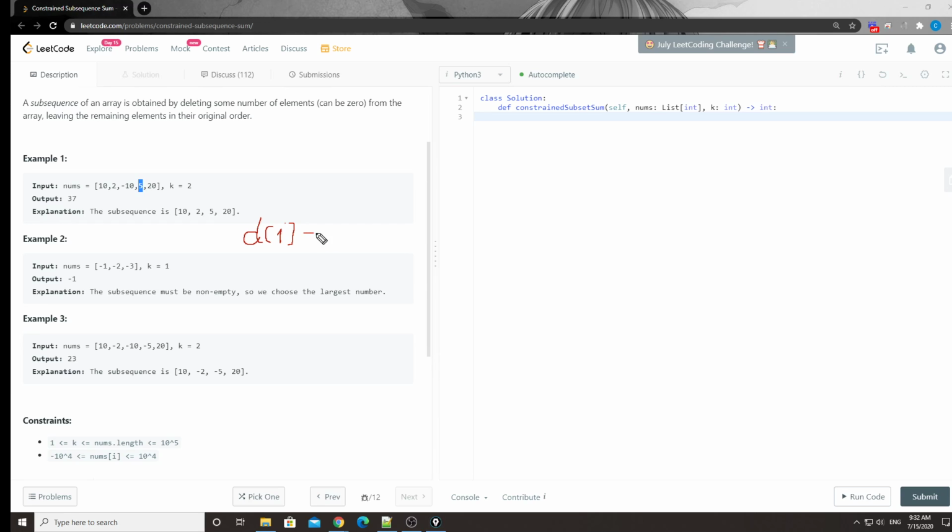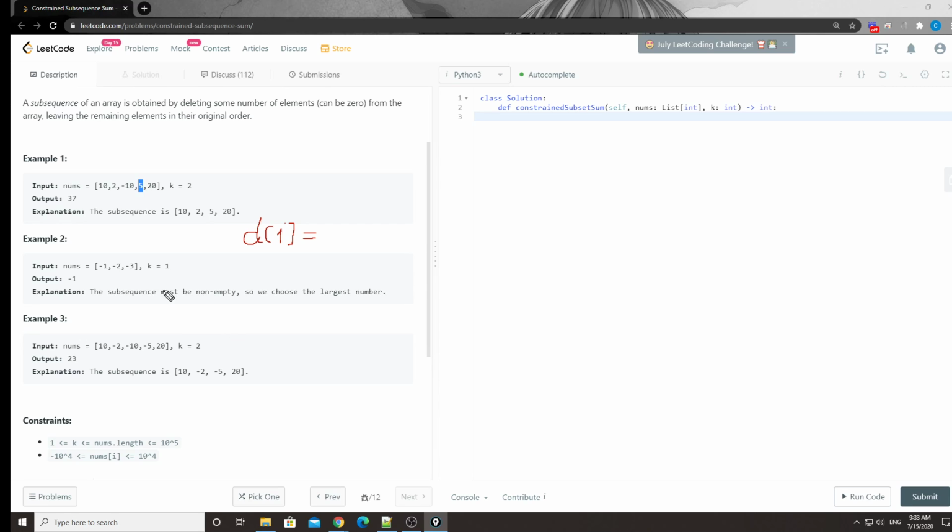Then how can we get this one from the maximum sum? Remember, we could get dp[i] from multiple states. It's different from the other one. If you remember, when we find the maximum sum of consecutive subarrays, we can only get to the dp[i] state from dp[i-1], because they are consecutive. But in this case, it's not. In this case, we can skip at most k minus one